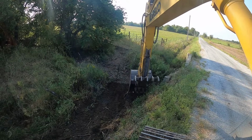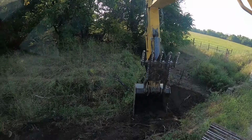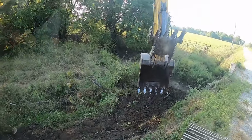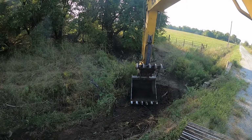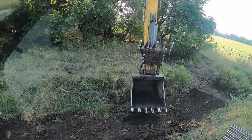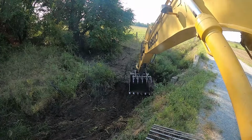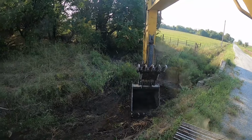Dugout down there right by the bridge. It's undercutting, so I'm not gonna get out in there and mess around a whole lot. I'll create a little bit of a path through here for me to put some of these where, again, it's